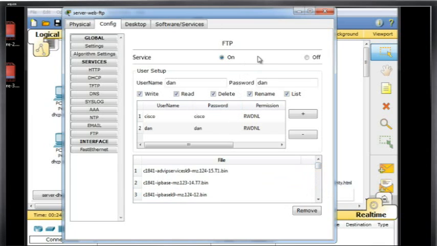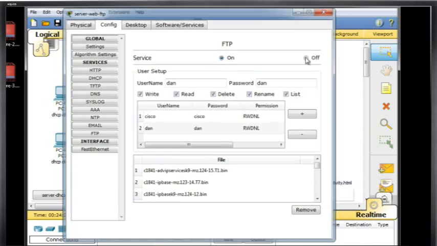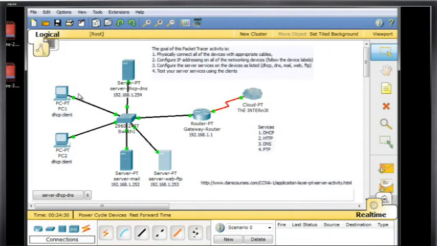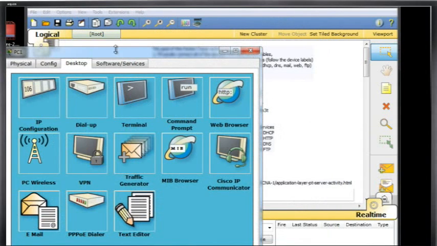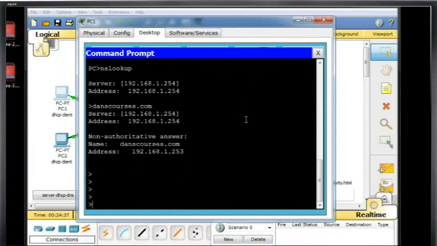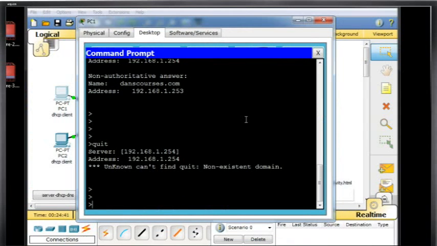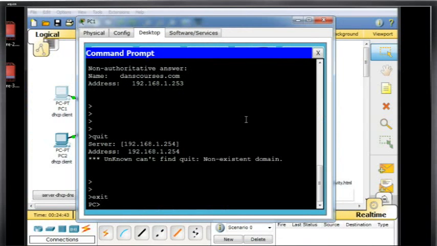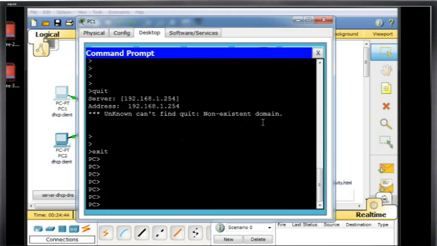So the server's on, so this should work. So what we'll do is we'll go back to our trusty client up here at the top, open a command prompt. I'm going to quit out of here and exit. And now I've exited out of NSLOOKUP, and I've got my prompt here. So now all we have to do is type FTP and then the IP address that we want to FTP into,